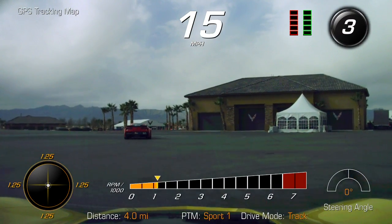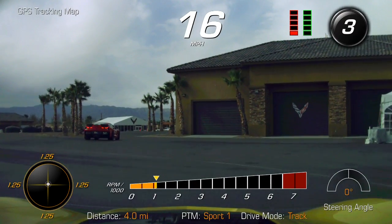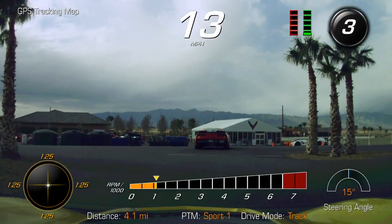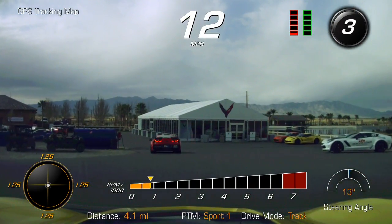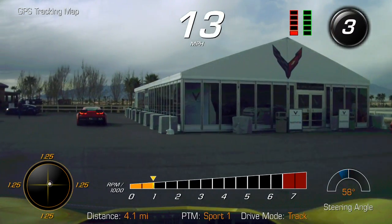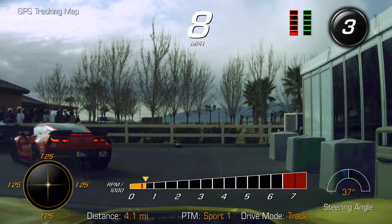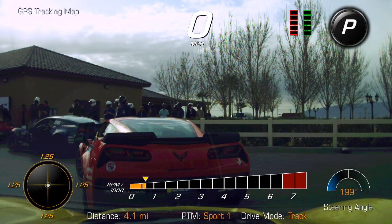Exactly. So what speed did you get up to on that straightaway? I wasn't really looking. I'd say it was close to 120. Okay. People are talking about how fast they got. I don't look at it. Right. No, you shouldn't. Unless that's my main goal that I'm really focused on, I'm never looking. Actually, oftentimes I'm looking at when the instructor's braking. Yeah, that's honestly the best thing to do. Because the guy ahead of me usually isn't doing it right. Right. But the instructor, if I watch him...